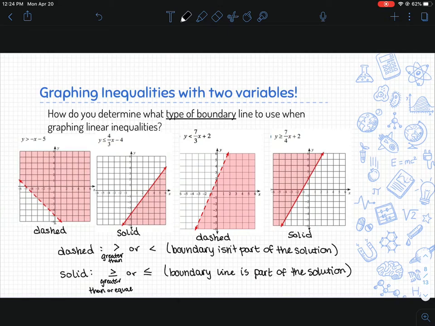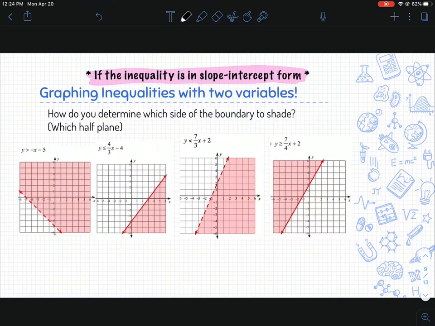All right. Okay, great. Well, we figured out how to graph the boundary line, or what the boundary line should look like, but how do we determine which side is our half plane that needs to get shaded? So if the inequality is in slope-intercept form, so if we see y is greater than, less than, whatever, mx plus b, the important part being that it is solved for y, we can use this tool. We always want to rely on test points to make sure we're correct, especially whenever our inequality is not in this form. So what you do is you put your pen on the line, the boundary line, and